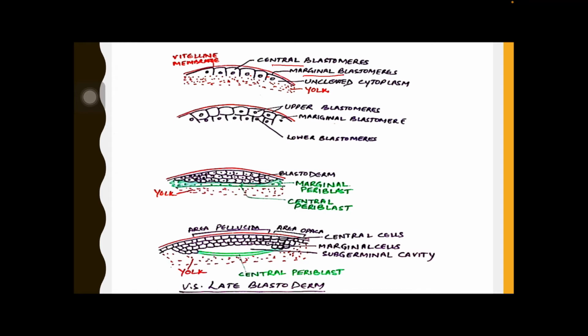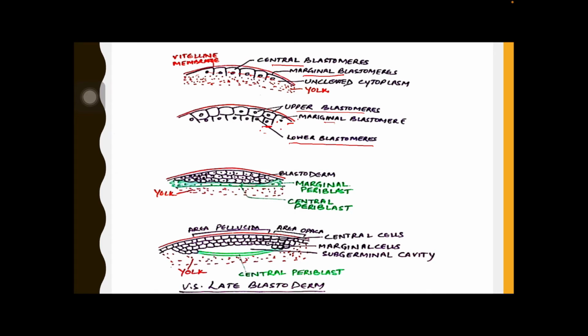So in these, horizontal cleavages will appear like this, they will divide horizontally and now we will get upper blastomeres which have complete cell boundaries, right? They have plasma membrane on all sides and they are separated from the neighboring cells as well as from the yolk. Then we have our layer of lower blastomeres which remain connected with the yolk, right? So now the blastomeres at the margin of the blastoderm, these are the marginal blastomeres, and then we have the lower blastomeres.